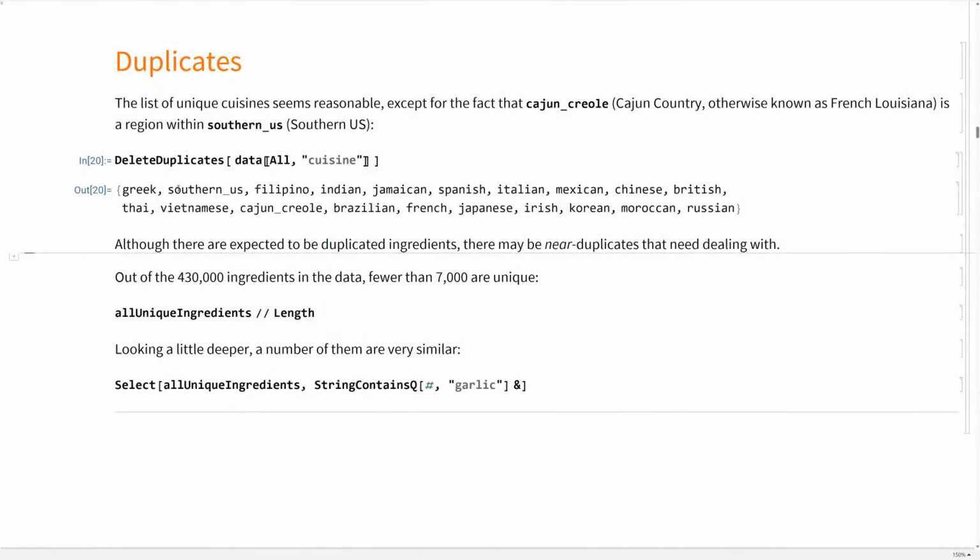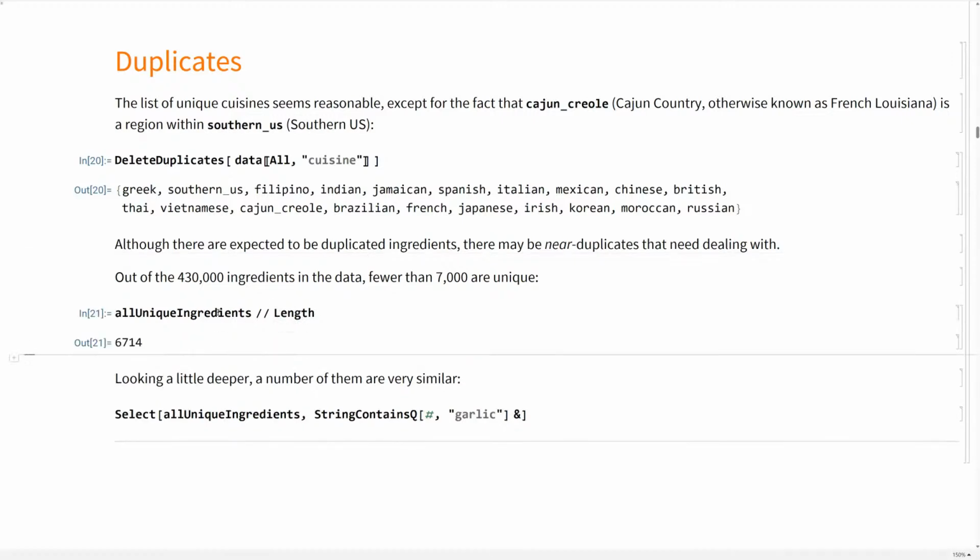Yeah, after we deal with the area, mapping it back to its location, then we also want to look at what we're going to do with the duplicate ingredients. They might be similar in names, but in the end, we will know they're exactly the same thing. So the unique ingredients